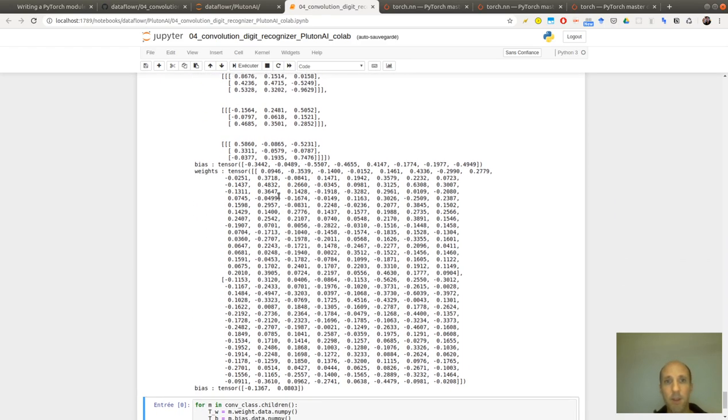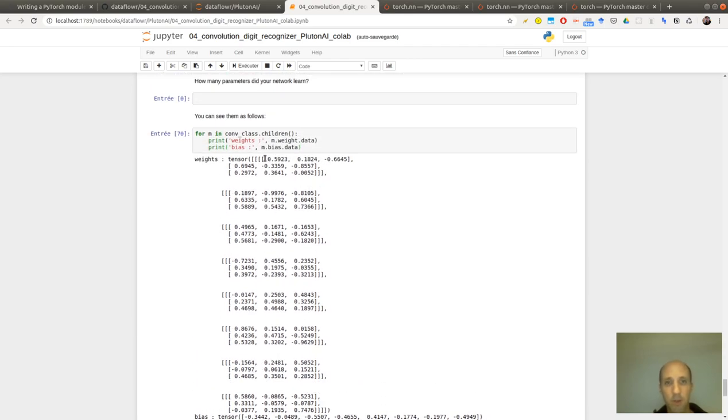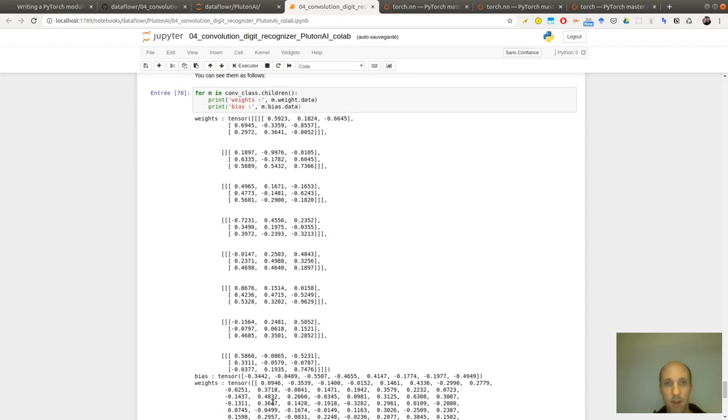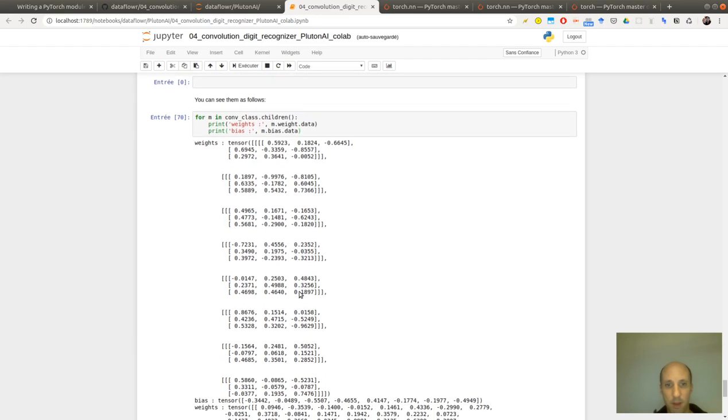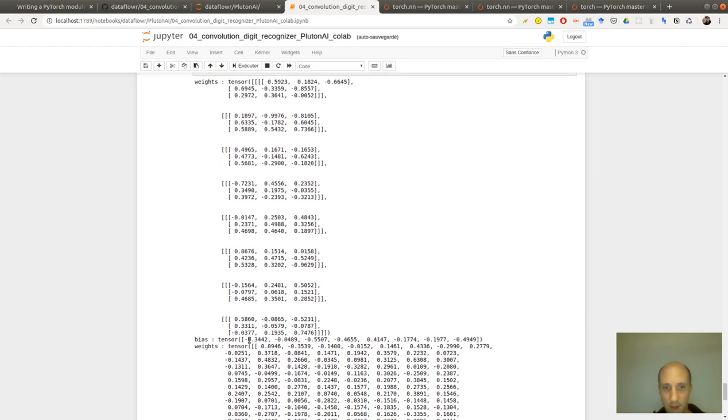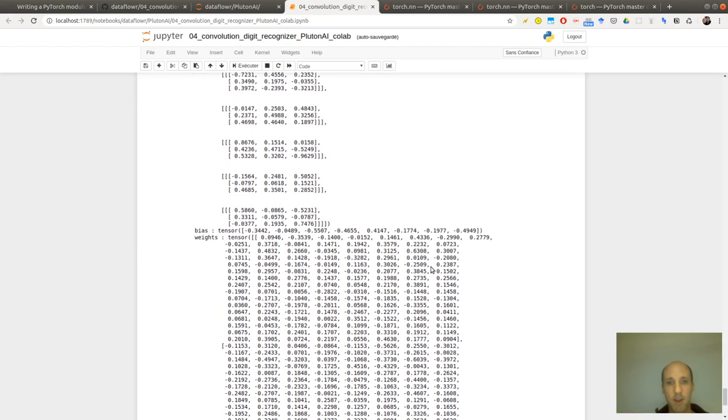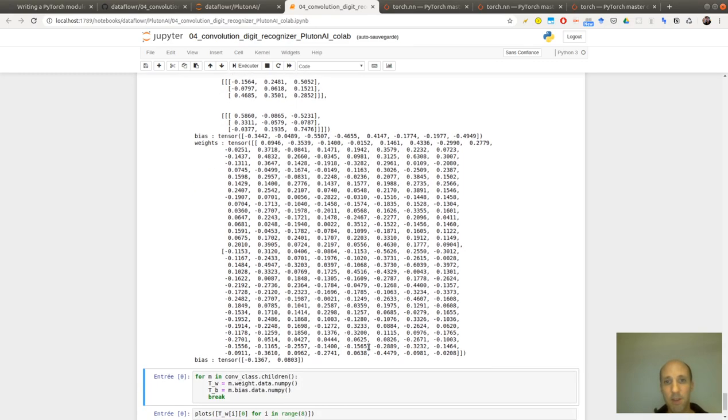For each convolution you have 3 by 3, and 8 biases here. So for the convolution you have 3 by 3 times 8 plus 8 biases. And for the matrix, you have a matrix of size 2 times 128 plus 2 biases.